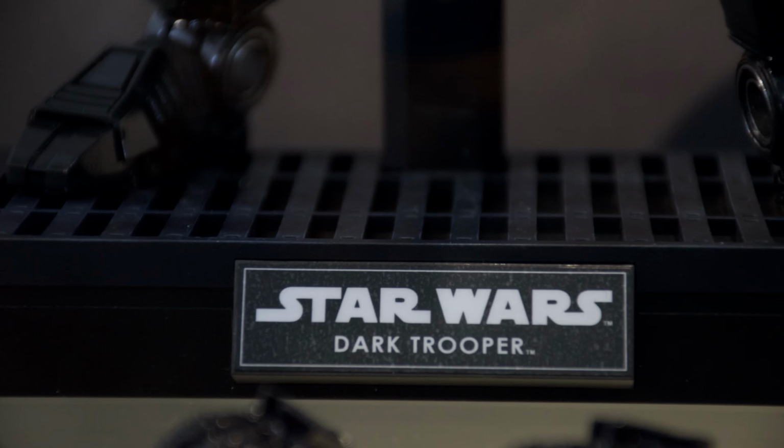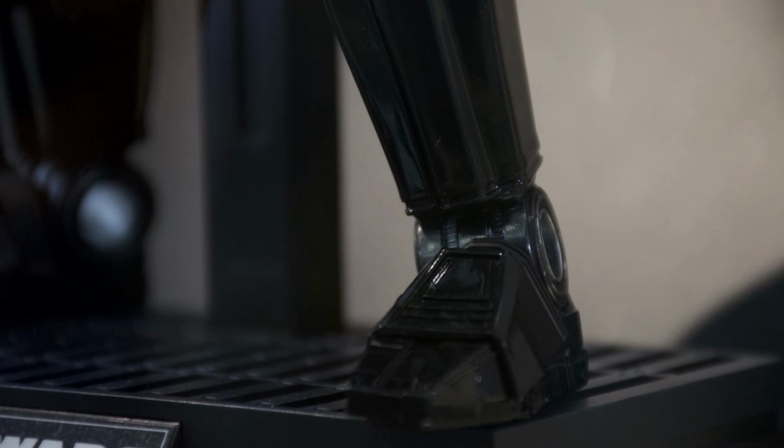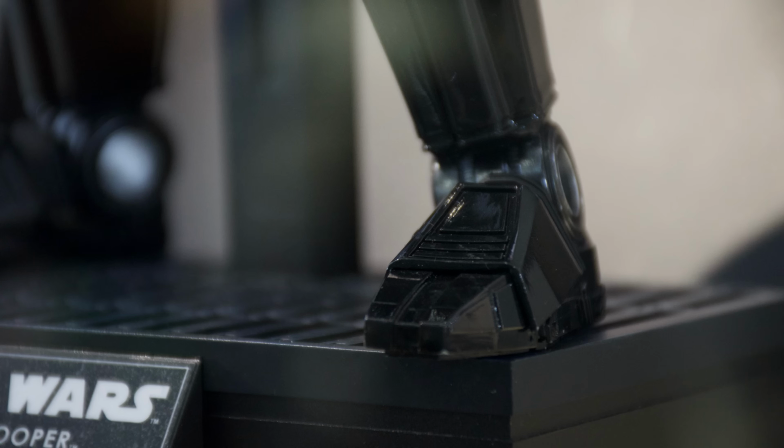Now, you saw he comes with a couple of hands. It doesn't appear like they're going to be articulated. That's not ideal. Honestly, I would have loved some articulated hands with my Dark Troopers, but with the RoboCop figure, you did have a hell of a tough time getting him to hold the gun, so I guess it's a bit of a catch-22. Sculpted hands as well as articulated finger hands would have been nice, but I understand why